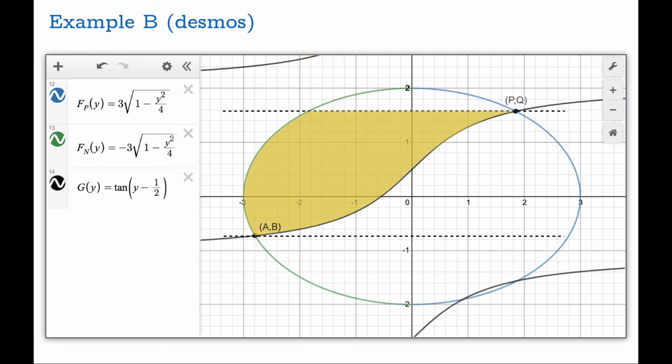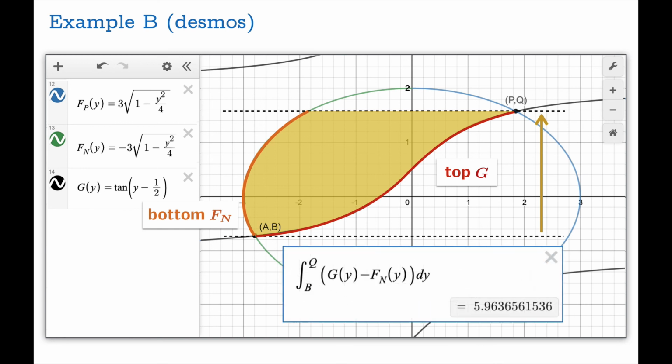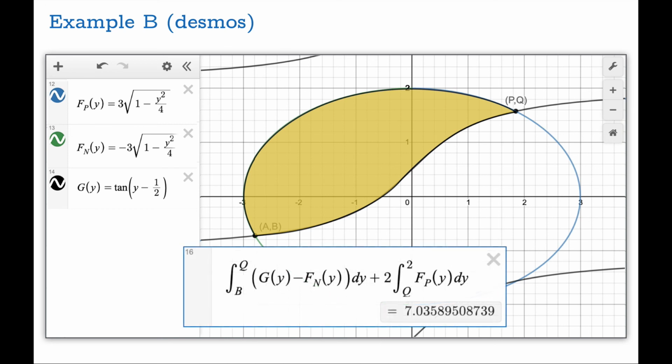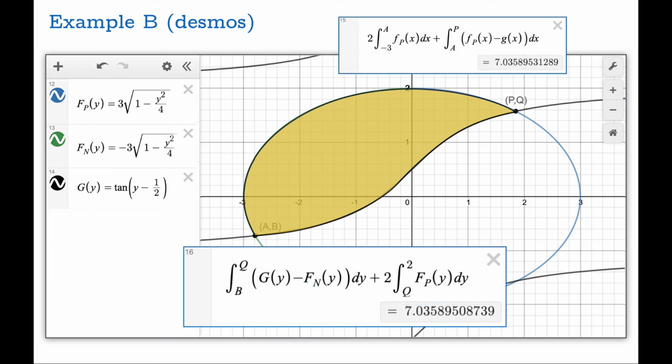Now we need to add on this region, the area of this region. So here's our top function, and here's our bottom function as functions of y. Integrating in this direction, so our integration should go from b to q. And here is the area of the missing region. Now we're going to add these together, and we get about 7 and some spare change, and that is exactly, in fact, what we got using the other method,